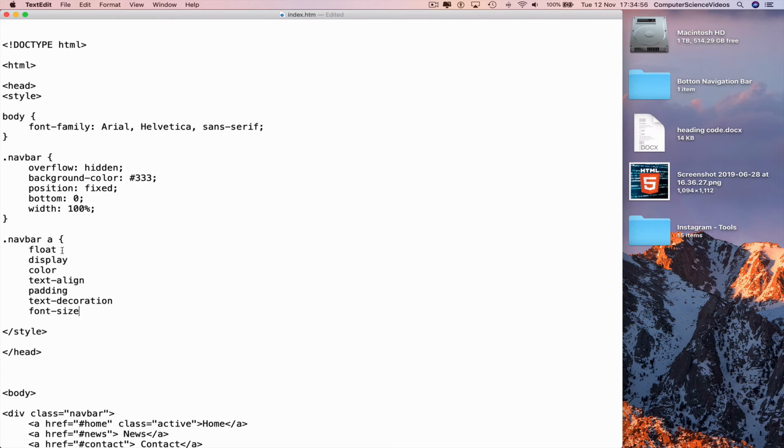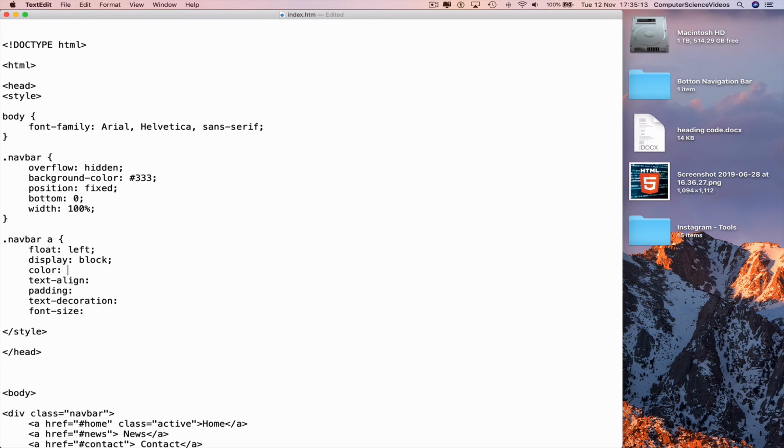Go back to the top after float, colon, highlight, copy, paste at the end of each word. Go back to the top again, float to the left, semicolon, display block,